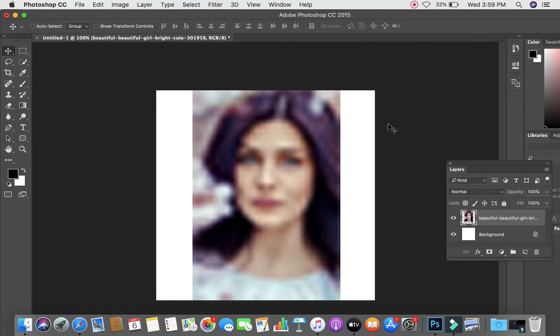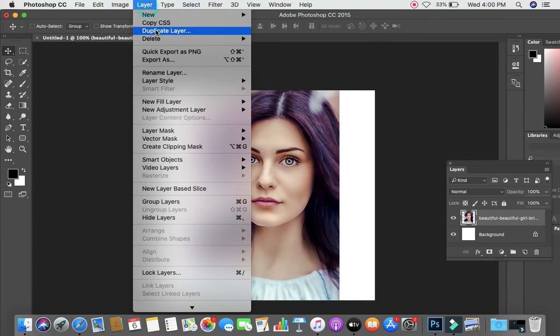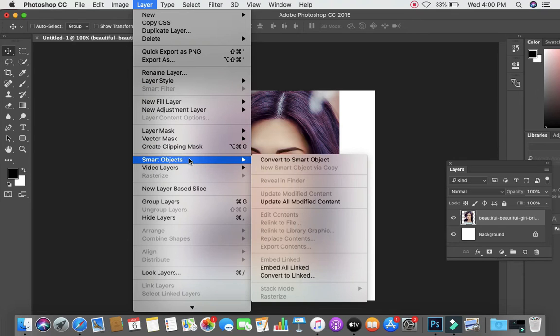So friends, whenever you are doing transformations, whenever you are designing something, always convert this layer or object to a smart object. I am going to show you that using smart objects here. Same transformation, I'll do it now. I'll go to the layer here. You will find one option under Layer called Smart Objects. Can you see the Smart Objects? I am converting this layer to a smart object here.